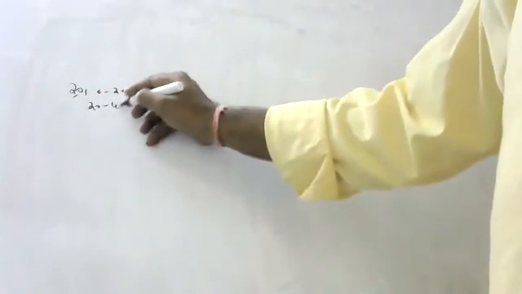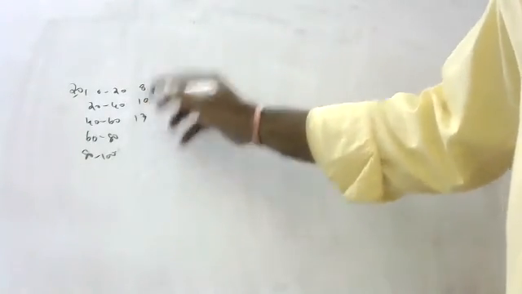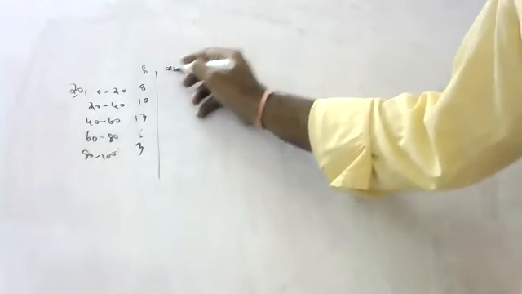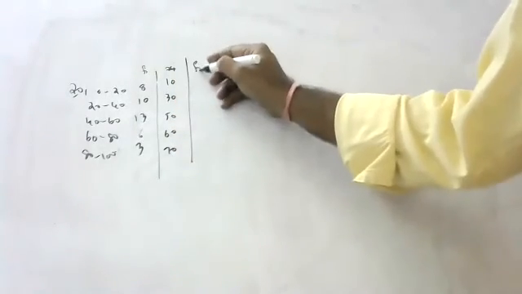20th question. Children, the class intervals are 0 to 20, 20 to 40, 40 to 60, 60 to 80, 80 to 100, with frequencies 8, 10, 13, 6, 3. This is the condition here, children. First, estimate the mean time. Find the mean, children. Shall we find out the mean, all of you? xi: 10, 30, 50, 70, 90, and then fixi.